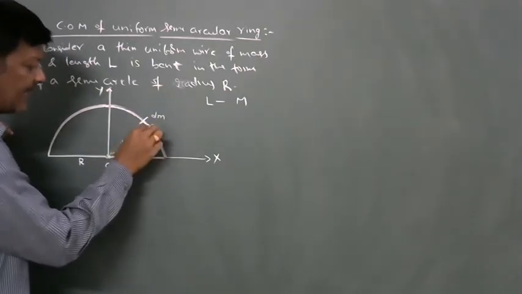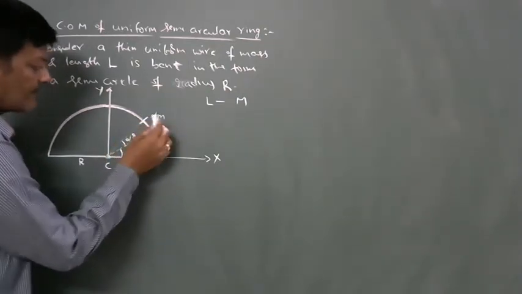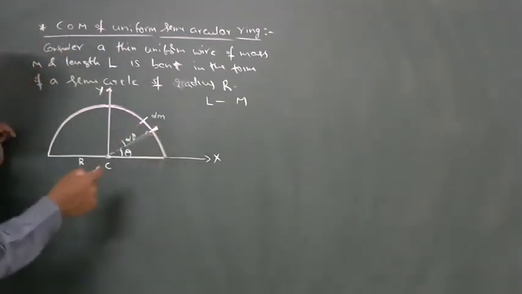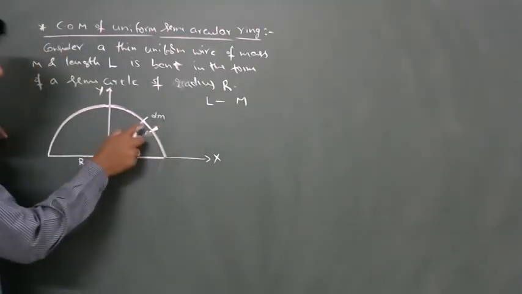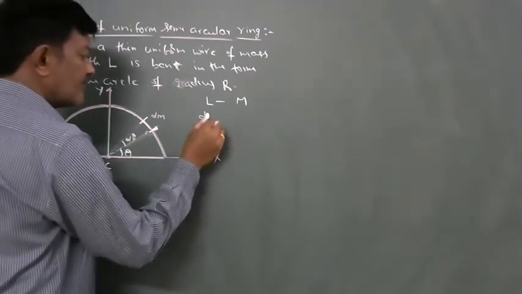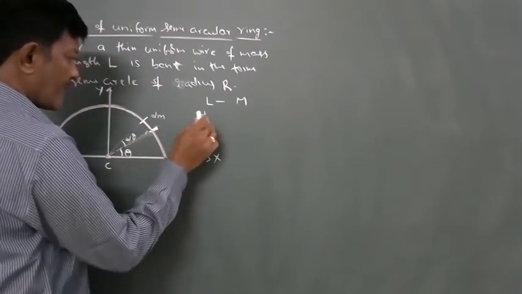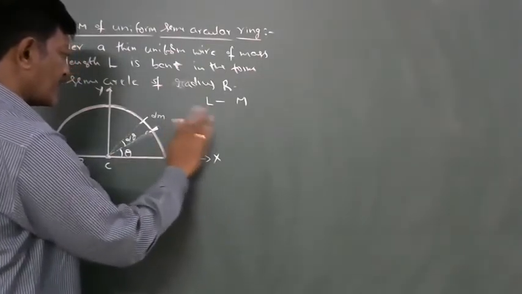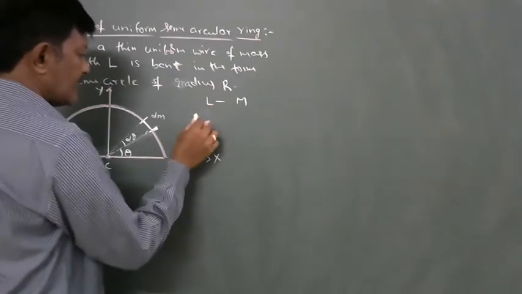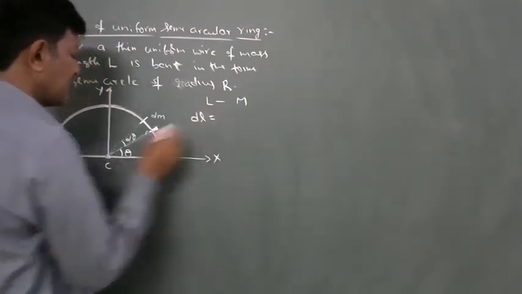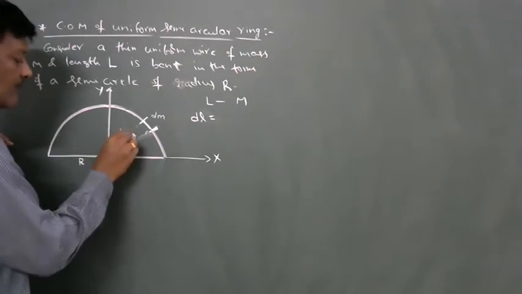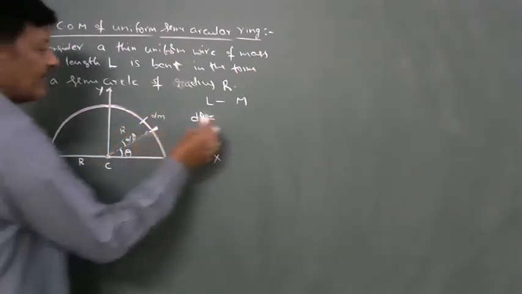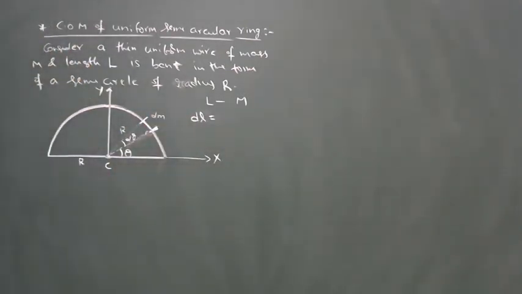This is the length dl. Mass dm. For length d, this is the circular arc of length dl. For dl length, dl means here it is radius r into d theta. Radius into the angle made by the arc at the center is the length of the arc. So r d theta